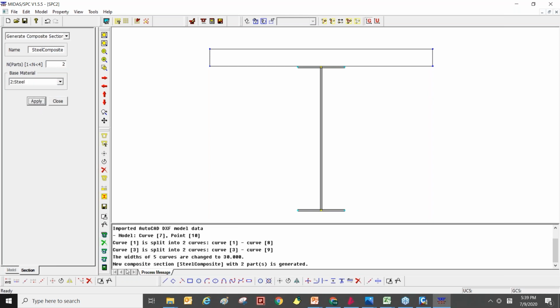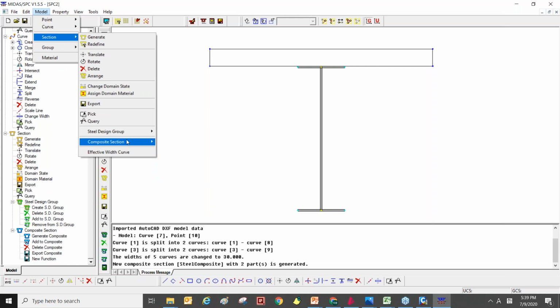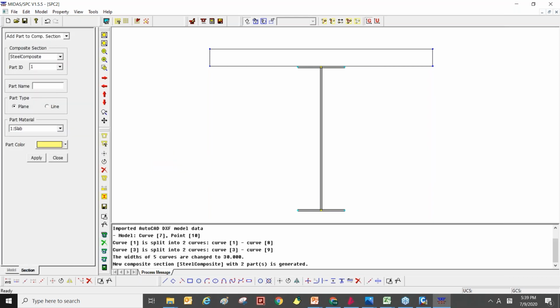So you can see the composite section with two parts is generated. And after that, we will assign each part to the whole section. So go to section and composite section again and add part. You can select part one or part two.